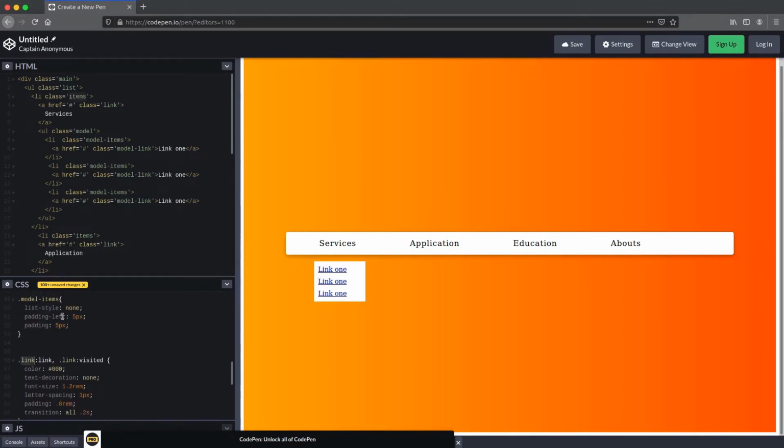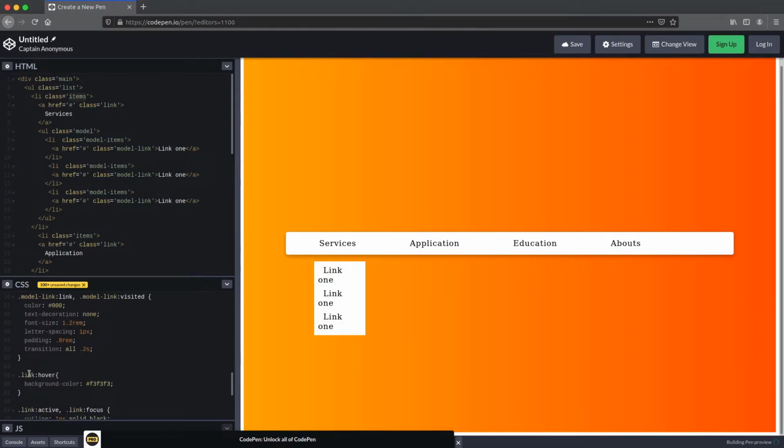It's model link, model link, and here also model link, model link, and again.